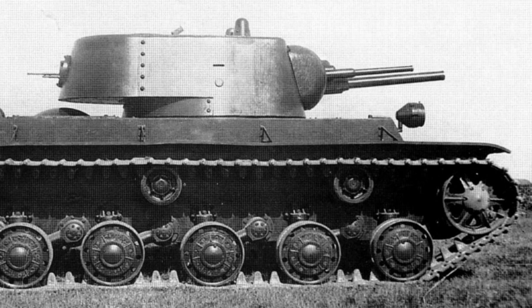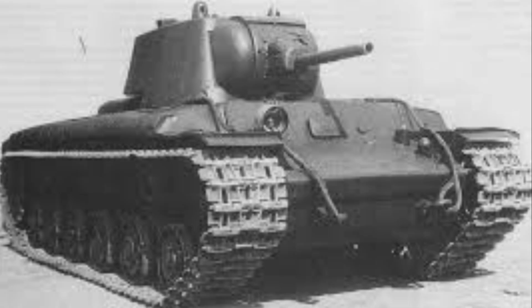This armor advantage shaped the KV-1's battlefield reputation and forced Germany to rethink its tank doctrine. Part 4. The firepower of the KV-1, the 76 mm F-32 and F-34 gun. Heavy armor was only half of the KV-1's battlefield power. The other half was its 76.2 mm cannon, a gun originally designed for infantry support, but adapted to tank warfare